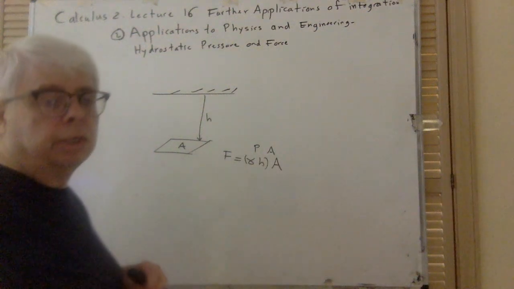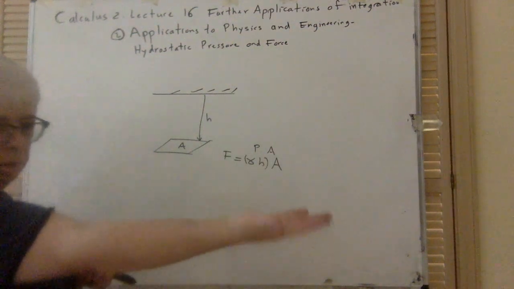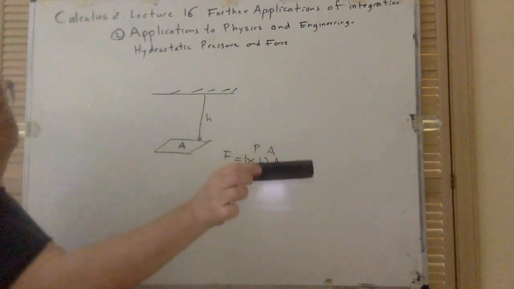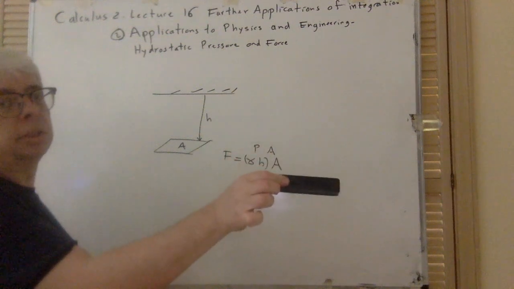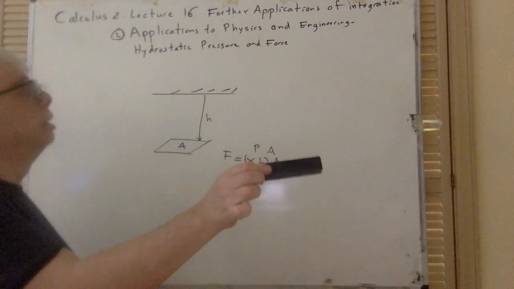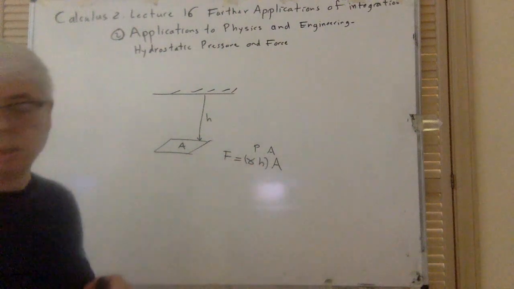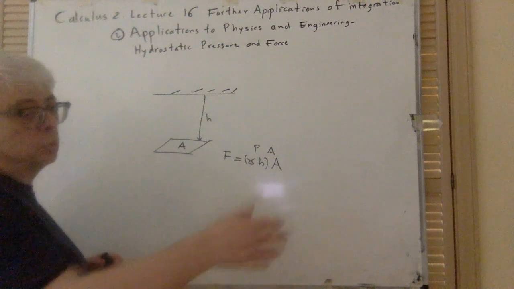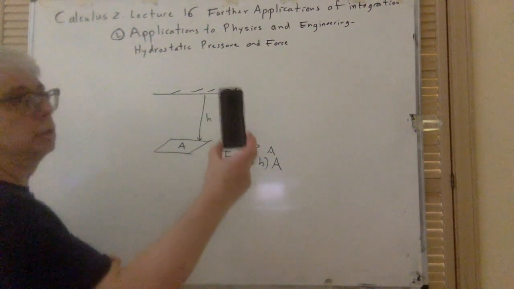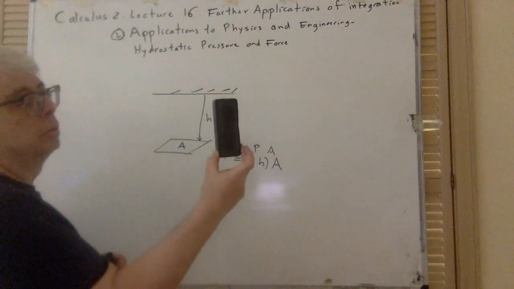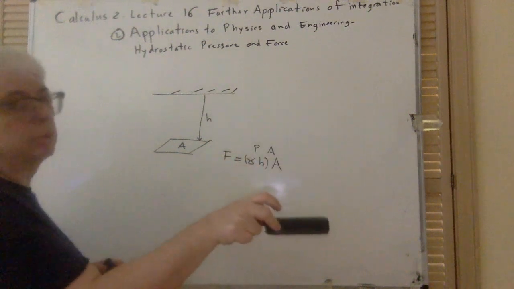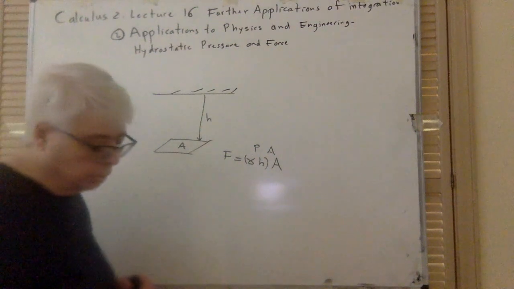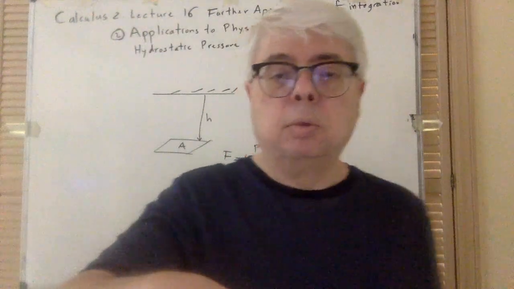So if it is lying like this at the bottom of, say, a swimming pool, then simply multiply gamma h by the surface area. What I discussed here is when it is submerged vertically, not horizontally. If you have horizontal, then it's simply gamma h times A. Okay, so that was hydrostatic